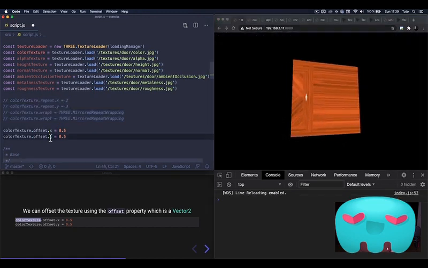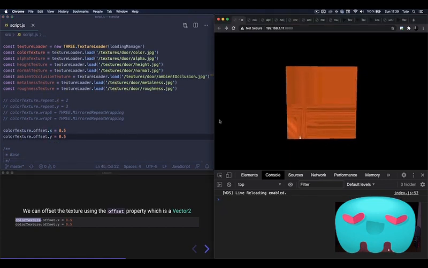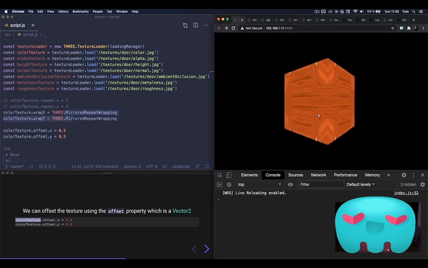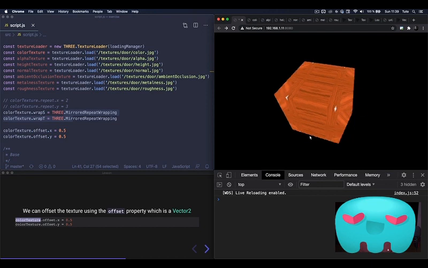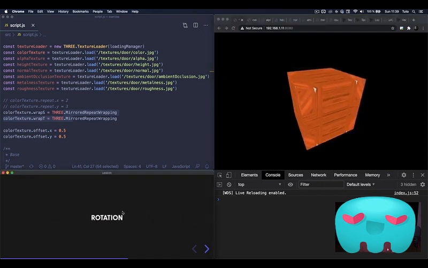And I can do the same on the Y, and we get something like this. And if I just add the mirror repeat wrapping, I get something like this. Oh, it's getting interesting. We have something like a crate. Why not? It started from a door and now we have a crate. We can rotate